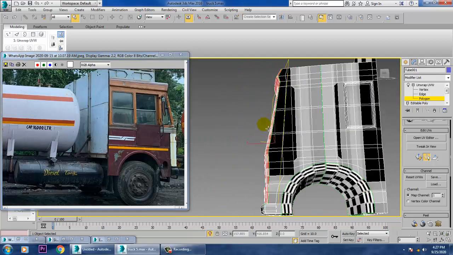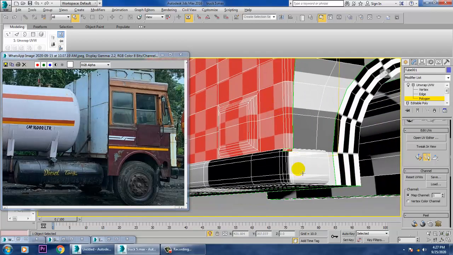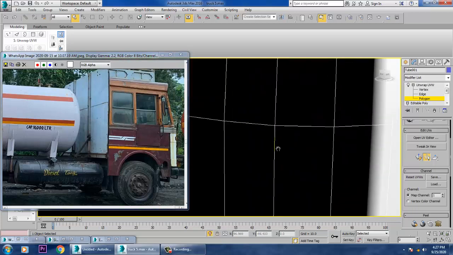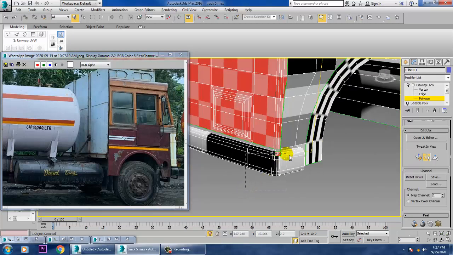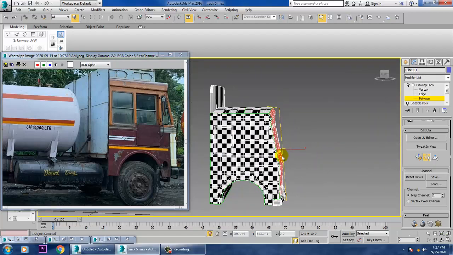I think we have selected this area, so let's just exclude this.